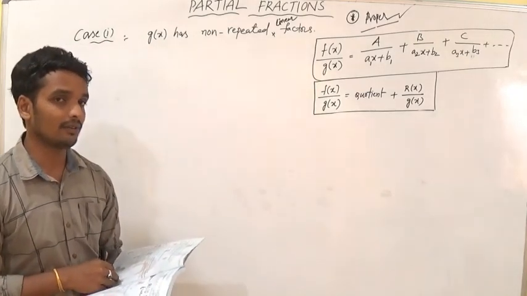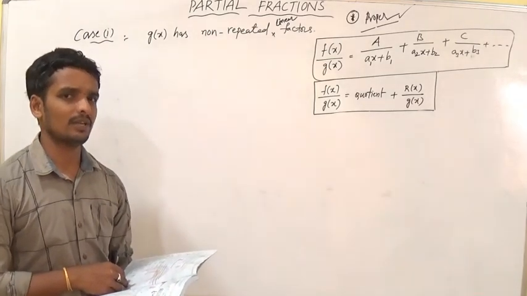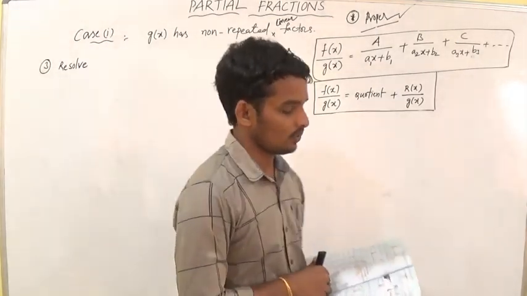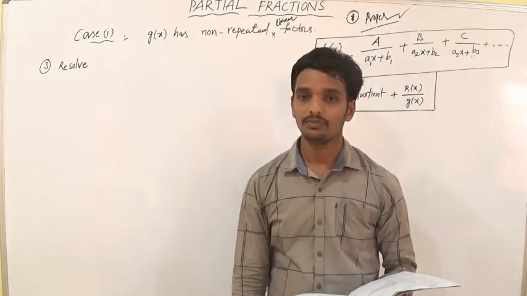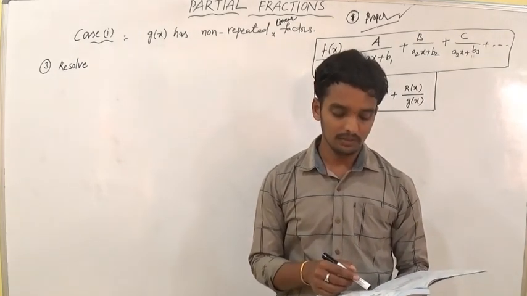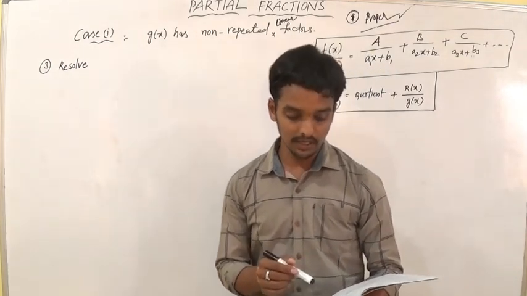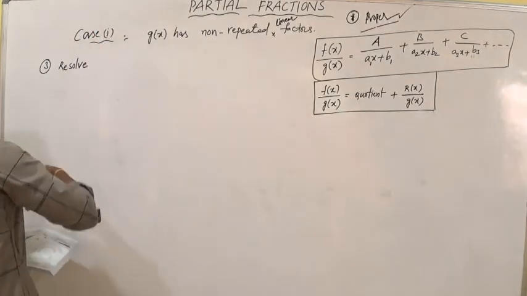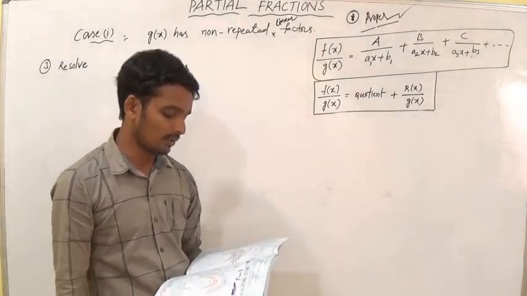Do you understand? Degree of the denominator. Okay, not always. Sometimes it's true, sometimes it's false. If you want to find the original partial fractions, you can solve like this. If you can't understand the first problem and the third, you can do the second problem very easily. You can solve the first and second problem. The first and third are the first case. We have to discuss the second and third cases. You can solve the first and third problems. If you see the third problem, it is very easy.